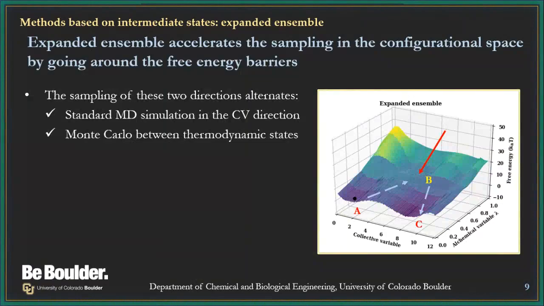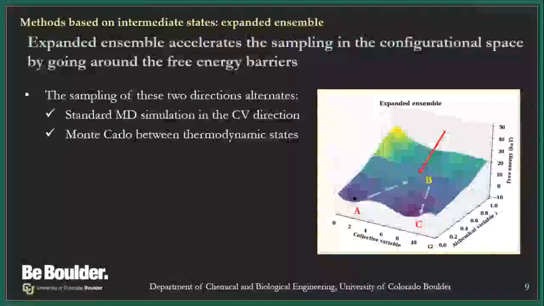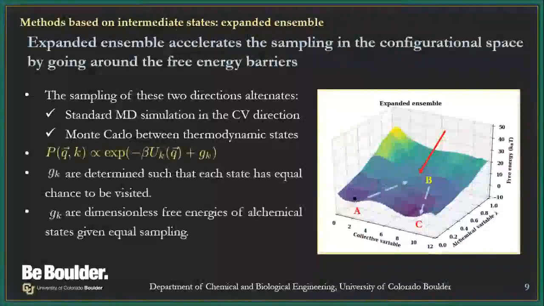And in an expanded ensemble, this is done by applying a weight G sub k added to each alchemical state. And just like the Gaussian biasing potentials deposited in metadynamics, these weights modify the underlying free energy surface, allowing roughly equal sampling in the alchemical space. So once the sampling of all the intermediate states is equal, the weights are equal to the free energies of